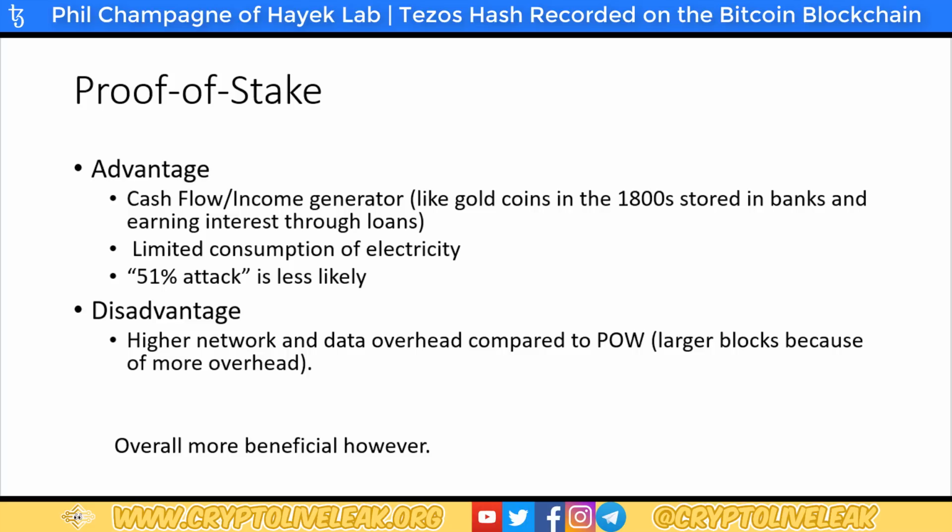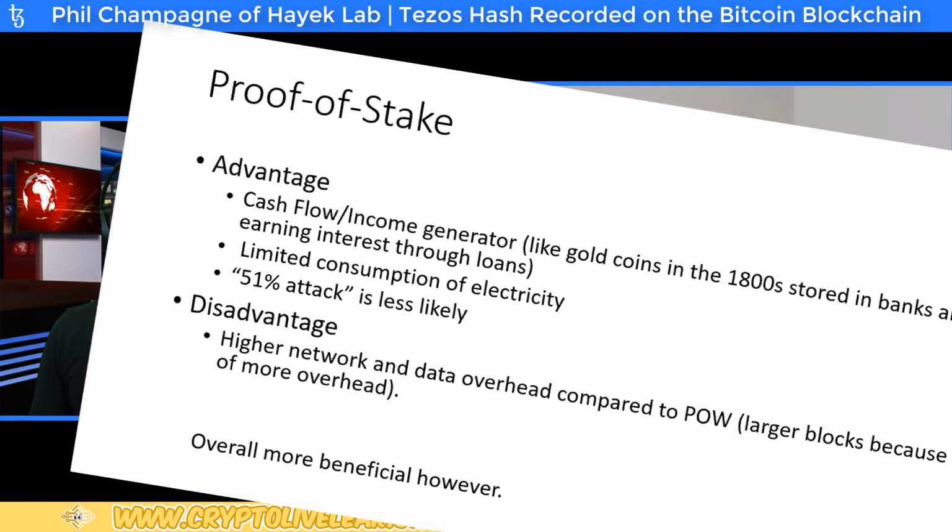But overall, I would say it's more beneficial to have proof of stake. And in that end, we have to think about what if, instead of proof of work, imagine if Bitcoin actually started as a proof of stake coin, how things would be perceived by the general public right now. Seeing this coin 10 years on, the very first one, and it's proof of stake, the perspective would be a little bit different. And now suddenly, wow, you have this additional aspect of being able to have passive income on top of that. So it's interesting when you change your perspective a little bit on how things historically would have changed.